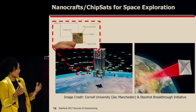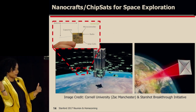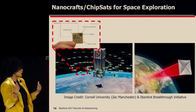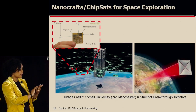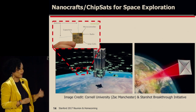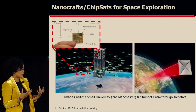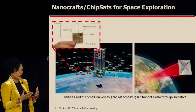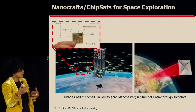But how do we get there? So one of the concepts is to use laser-based propulsion on Earth to launch chipsets that are propelled with a light sail. So you can use radiation pressure on a very thin membrane in order to propel these chipsets over to Alpha Centauri. So this is called the Breakthrough Starshot Initiative. It's being funded by Stephen Hawking and Yuri Milner, and they are looking to really send a chipset to Alpha Centauri. It would take 20 years to get there,